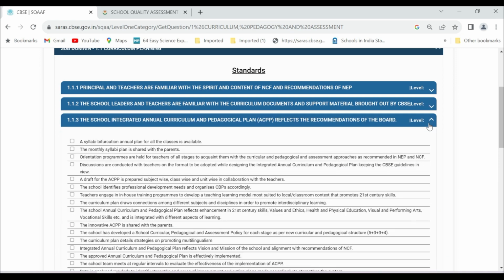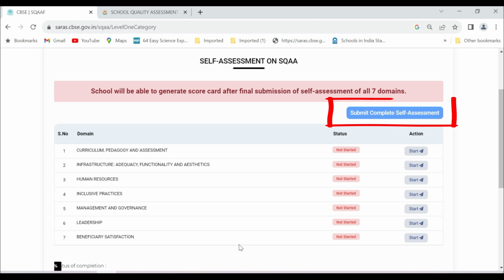The final submit button under self-assessment would be enabled once the school has completed self-assessment for all the 7 domains. Before the final submission, the school will have the option to edit its responses. Once the self-assessment for all 7 domains are submitted using the final submit button, the responses cannot be edited or changed by the school.